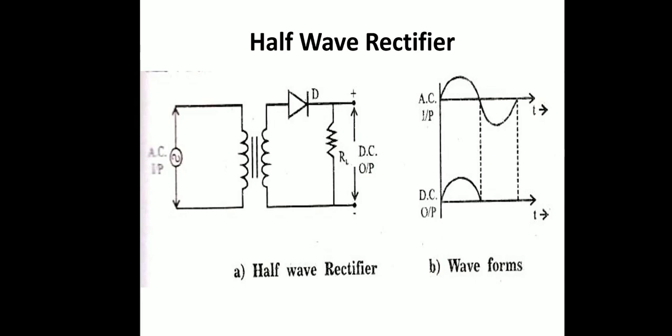When this reverse bias voltage is applied to the PN junction diode, a large number of free electrons, that is majority carriers,